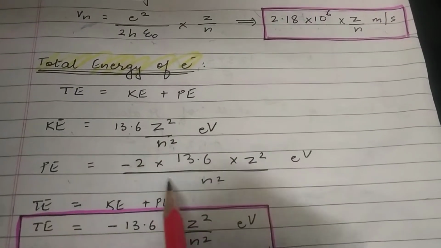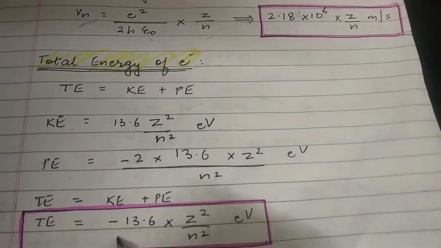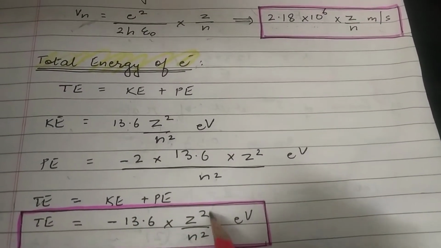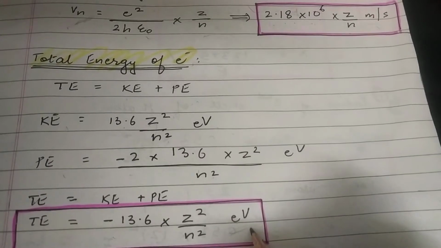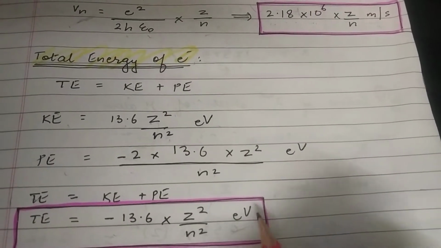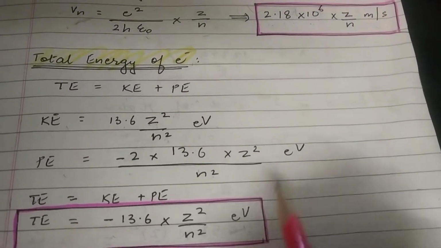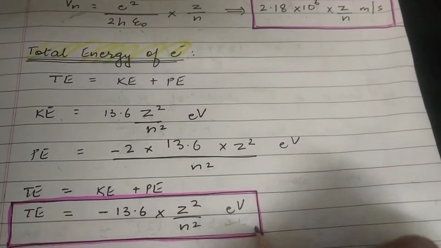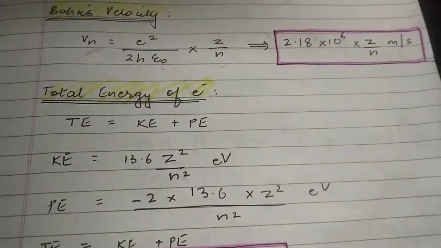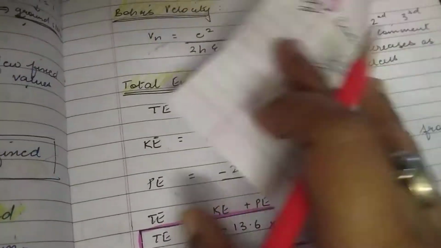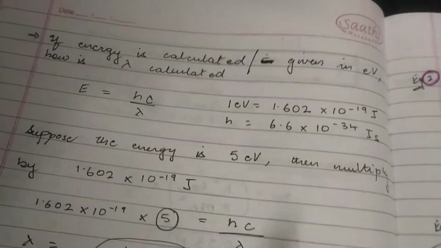When we add them, that is, to find out the total energy, we get the expression as minus 13.6 into Z square upon n square. Please remember the answer that you get. You know that the SI unit of energy is joules, but here you are getting the answer in electron volts, and this is an important expression you need to learn up, and also the unit, because the interchange of the units has to be done while applying it to the numericals.